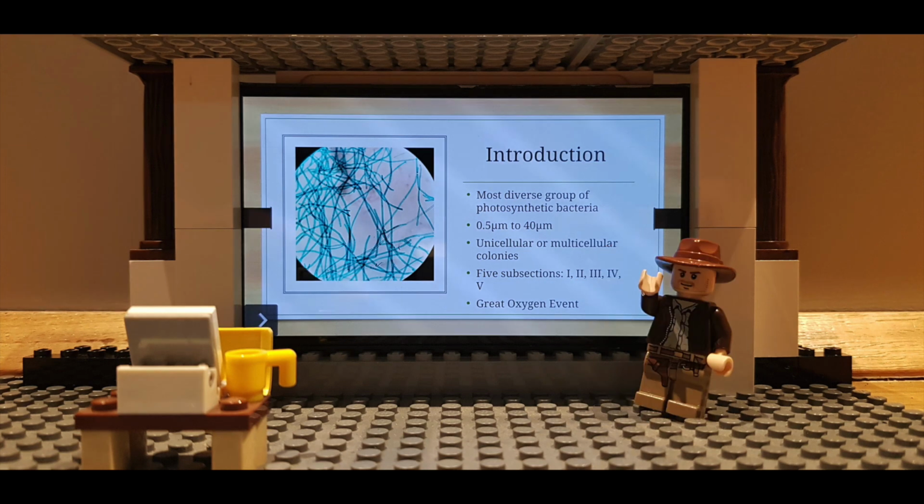Cyanobacteria are the largest and most diverse group of photosynthetic bacteria. They fall into the classification of Chlorophyceae and share a common ancestor with most eukaryotes, including eukaryotic algae. The bacteria are 0.5 micrometers to 40 micrometers and they consist of blue-green color, which gives them their colloquial name of blue-green algae. Cyanobacteria may live freely as single cells or exist in multicellular colonies, depending on the growth conditions present. These colonies can be large enough to be seen by the unaided human eye.